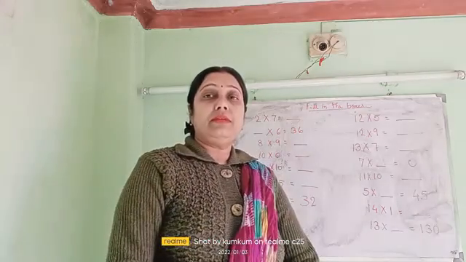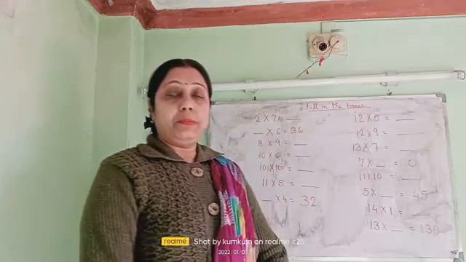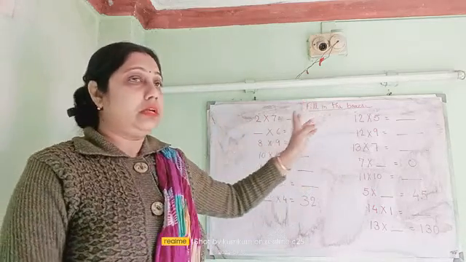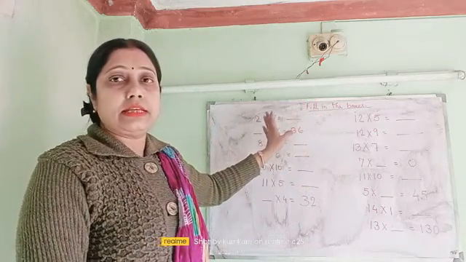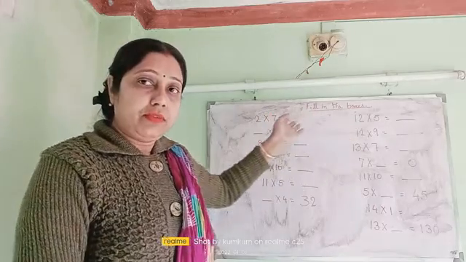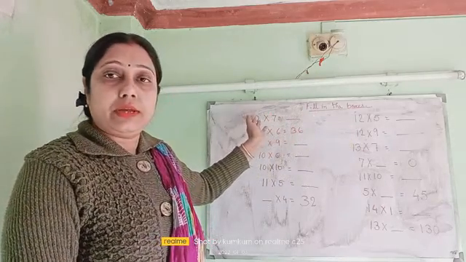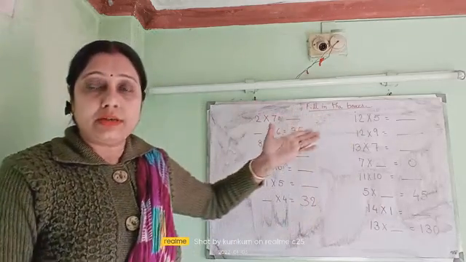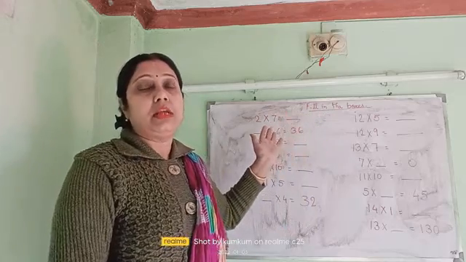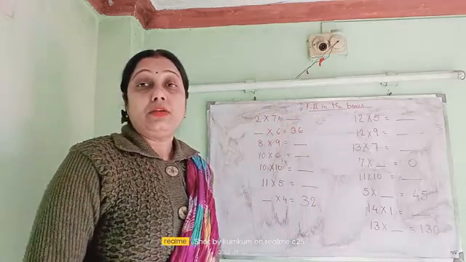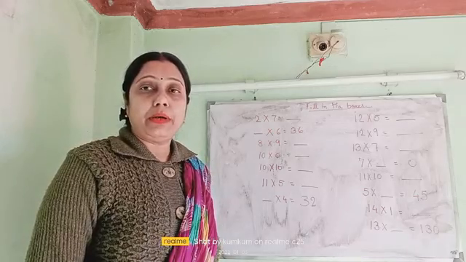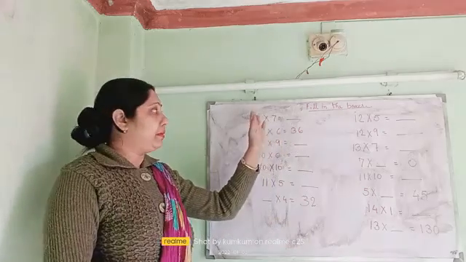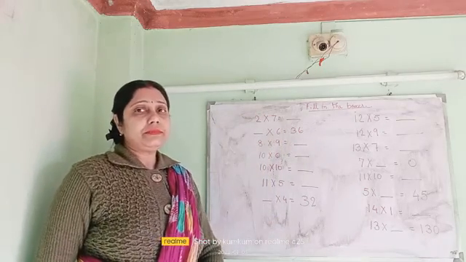You know that whenever it is given, you can multiply either one. The two options will be given. Suppose the first question you see is 2 into 7, that is 2 multiplied by 7 is how much? If you are capable of reading table 2, you can read 2 multiplied by 7, or if you feel it is easier to read the table of 7, you can read the multiplication table of 7. 7 twos are how much? So on both sides the answer will be the same. So learn by heart the tables properly, and if you have any confusion or doubt, you can cross check your answer by multiplying the other part of the statement.